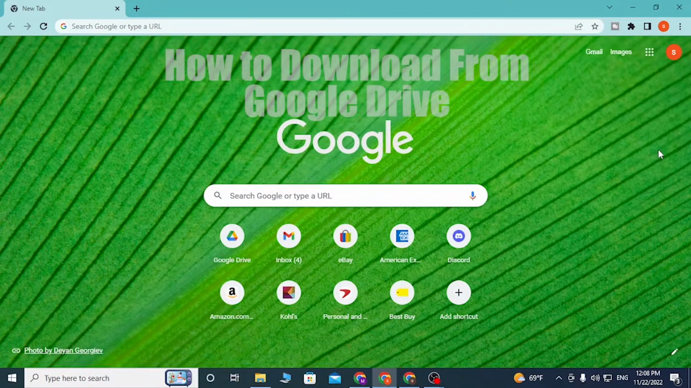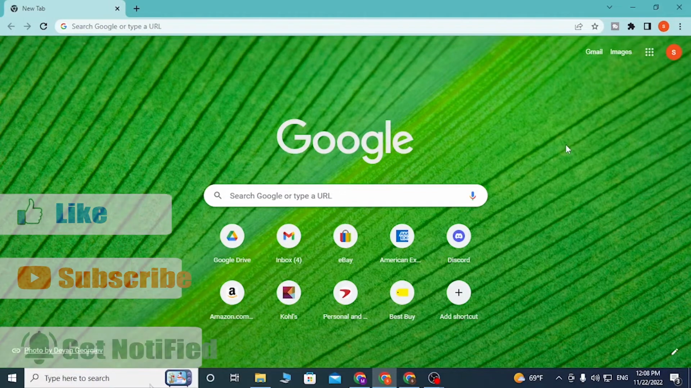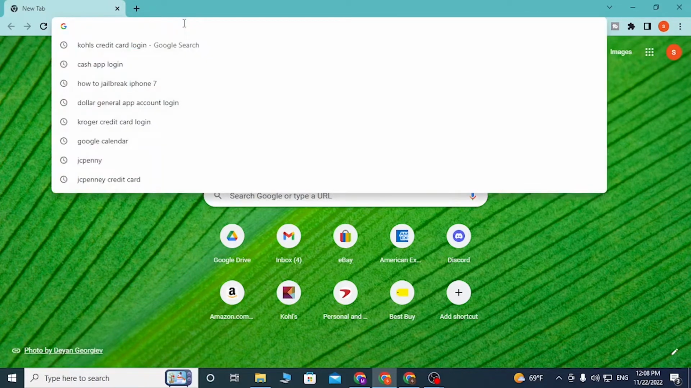Today I'll be showing you how to download from your Google Drive, and let's dive right in. Now to download some files from your Google Drive, first open up your preferred browser. As I've already opened Google Chrome, in the search bar, click over there and type in